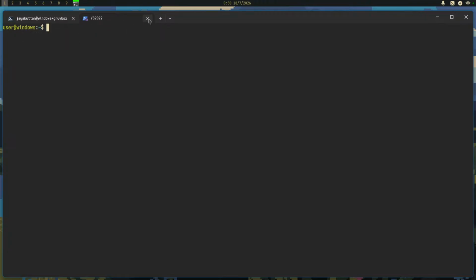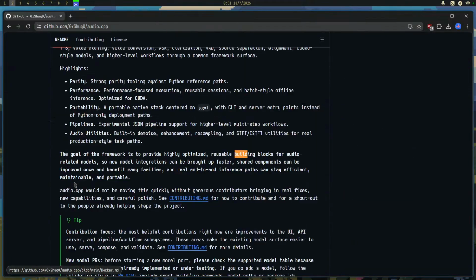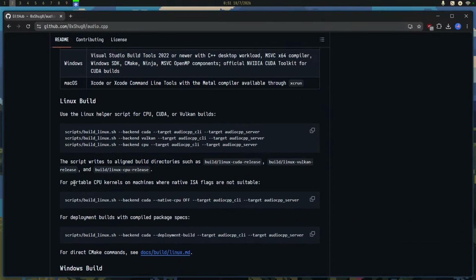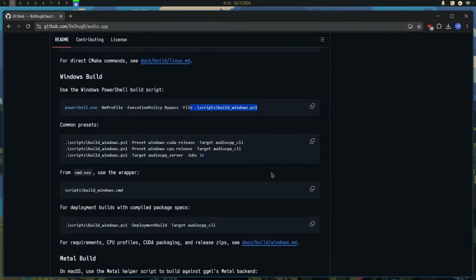So it seems we do. So maybe I should run it there. I think you just execute this PowerShell script, and that's it, I guess. And we're not even building for CUDA, so we don't need to worry too much.